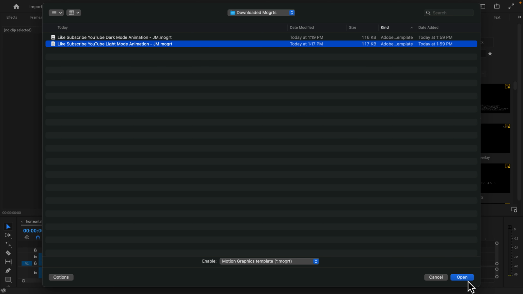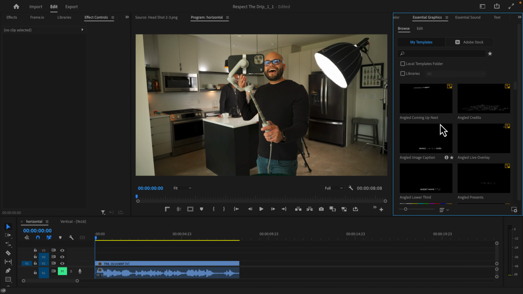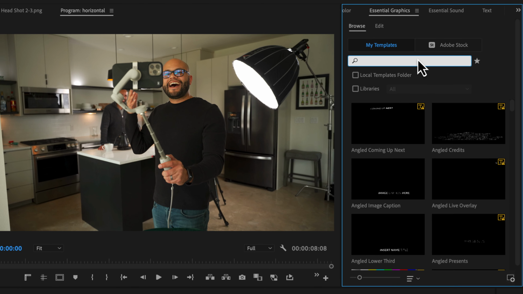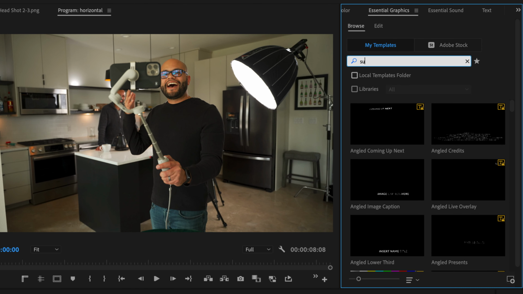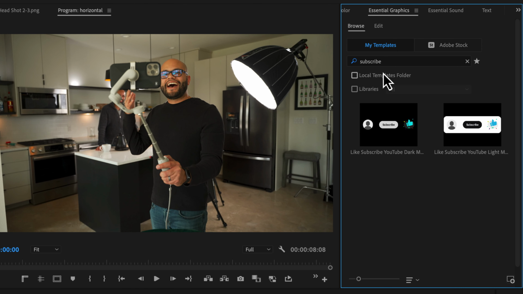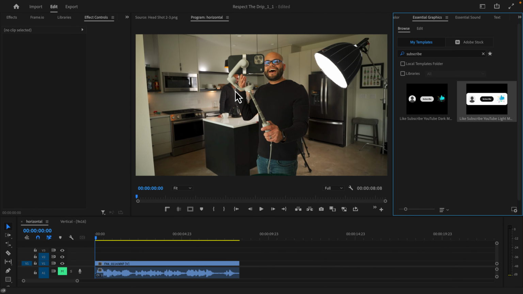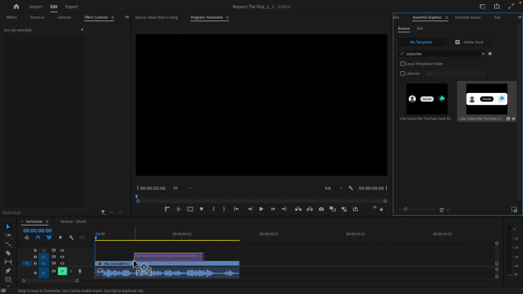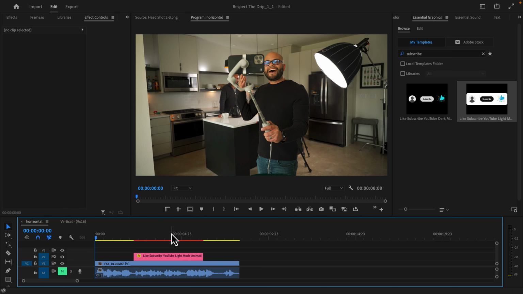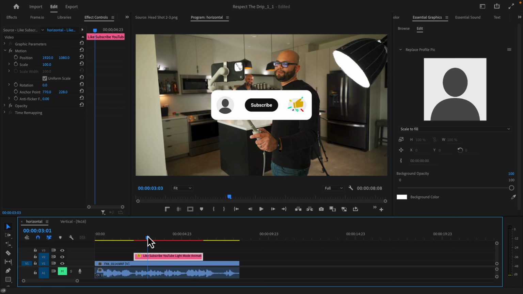Inside your library, you may not see anything because it's buried within all of these other Mogrt files that came with Premiere Pro. It's simple enough to find if you just look up subscribe, like this. And here are the two motion graphic templates. For this example, I'll use the light mode version, just pull it onto the sequence,